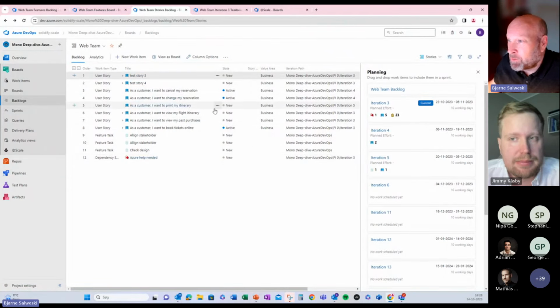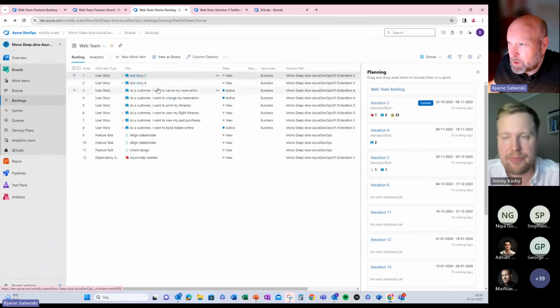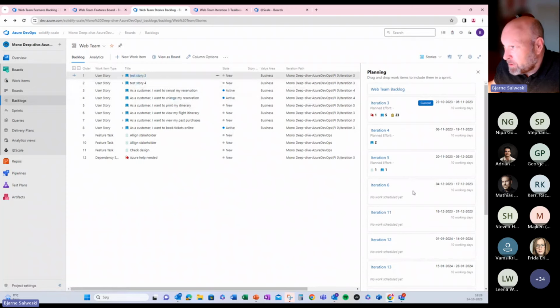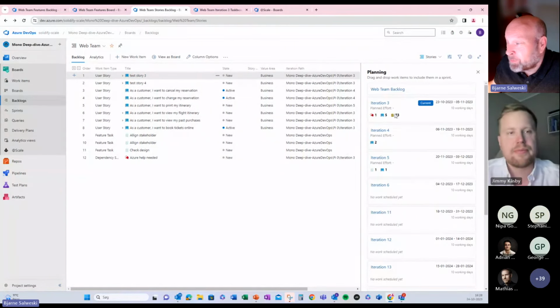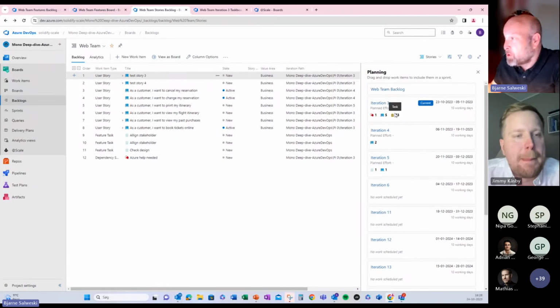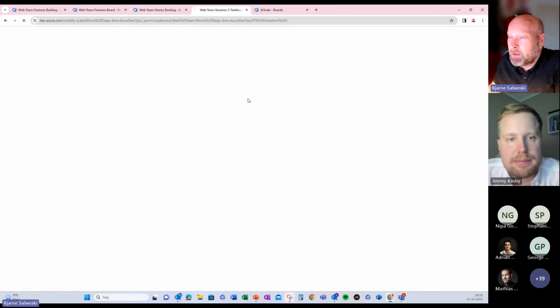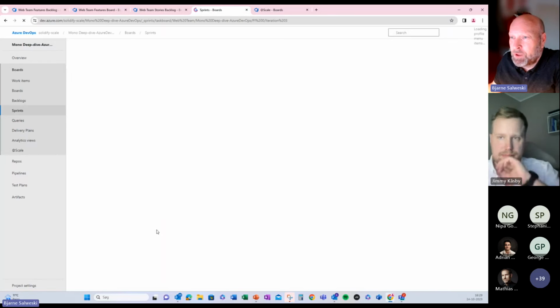We have drag and drop possibilities to drag each story into an iteration. And if we have put in some story points, then it will actually collect the story points and we can adjust according to the capacity and load. And if we jump into the daily work,